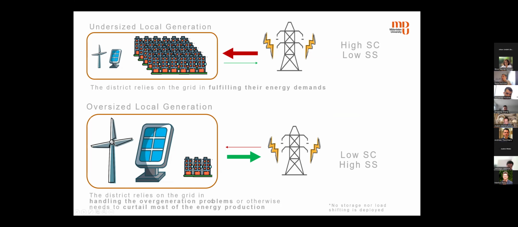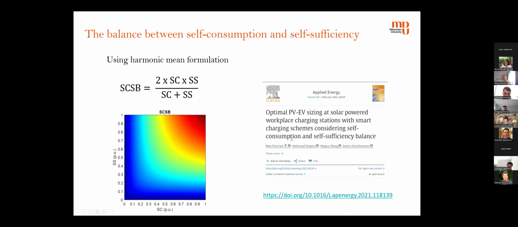So most of the time, the grid is unhappy if we have excess generation. And actually, at some point, we need to curtail most of the energy production. So in this case, actually, no storage nor load shifting is deployed. This is the base scenario. So I have spent 8 minutes, but then I will introduce you to one metric that we